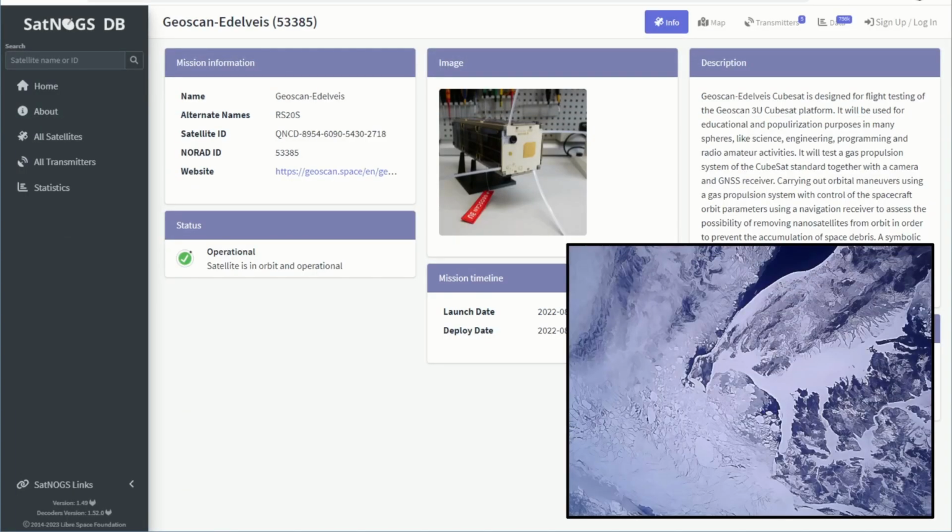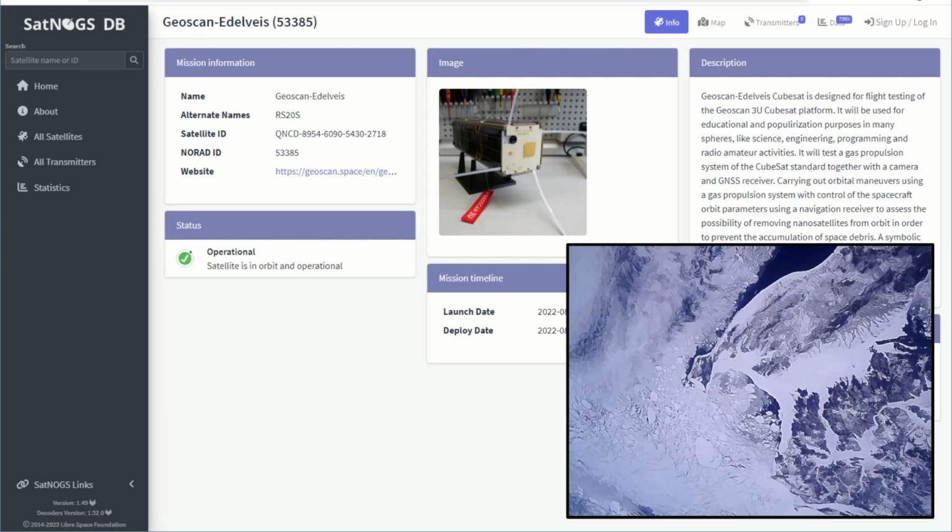As a quick example, let's create a basic Python test application that we can use to track a satellite. We are going to look at a satellite that was recently launched called the Geoscan Edelweiss satellite. It was launched as a technology demonstrator, but with interesting payloads to promote education around satellites. One of the features is a camera taking beautiful pictures of the Earth and then transmitting them to ground stations across the world. For our example, we will be using the Skyfield Python library.